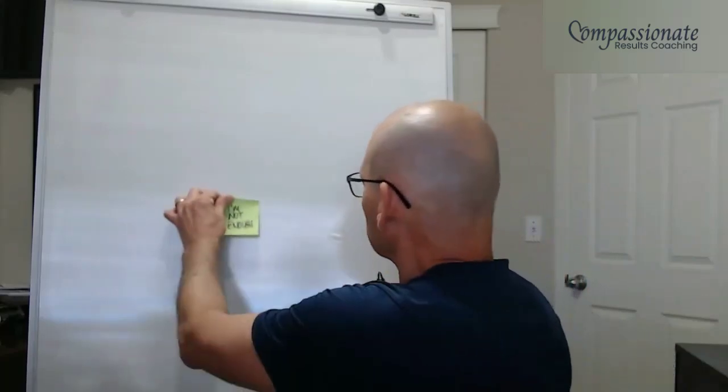Let's just say that belief is I'm not enough. So I'm going to write that down on this Post-it note, and we'll use this Post-it note to represent the exile. I'm not enough is what I would believe is true about me, and if I believe that, then I must hide it. I've got to hide it. I've got to manage it. I've got to control it.